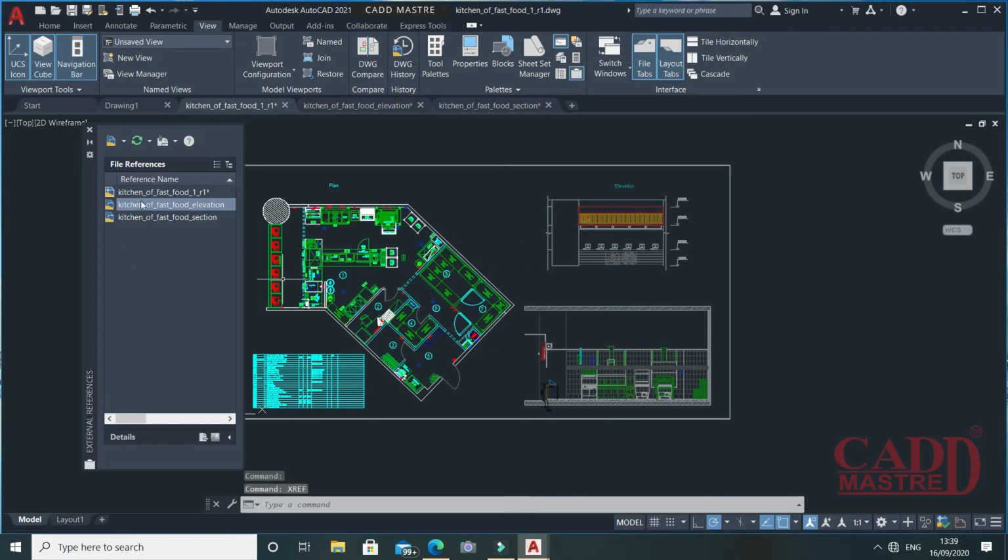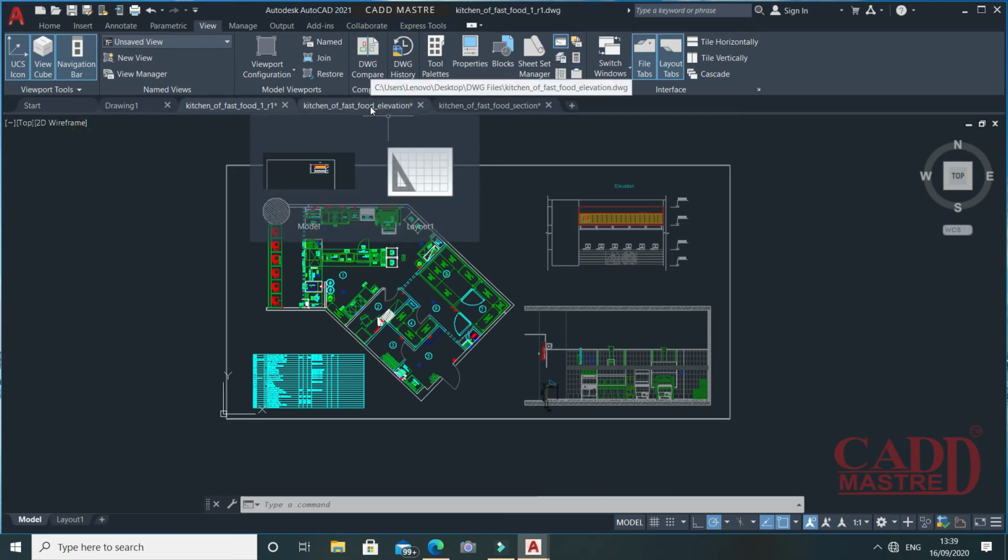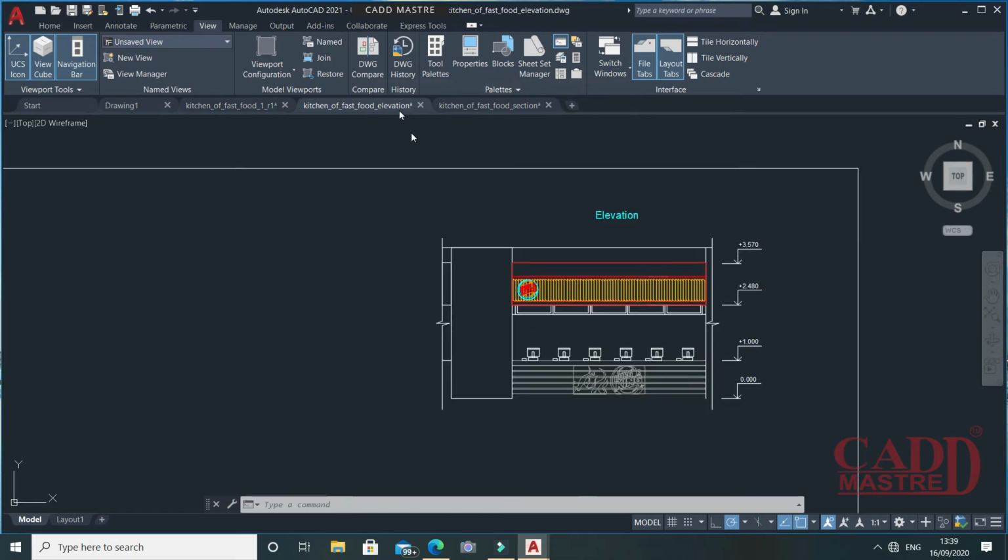Now here you will see this is our main file and these are the reference files. So these two reference files are attached with the main file. Now parallelly I open the reference files called the elevation file as well as the section file.